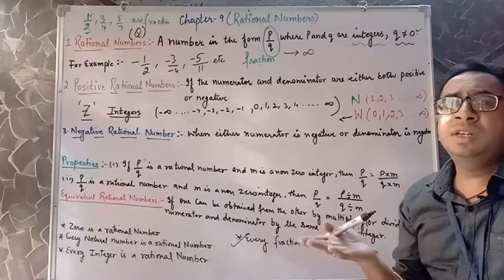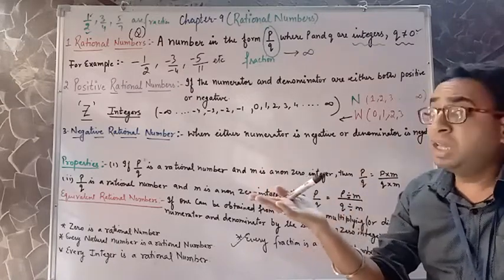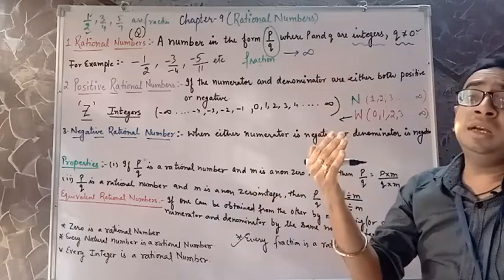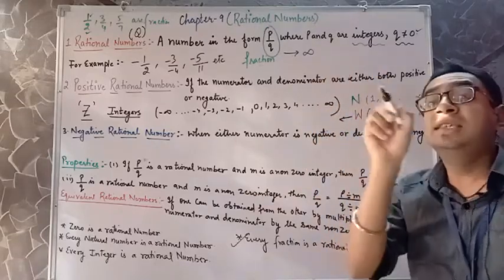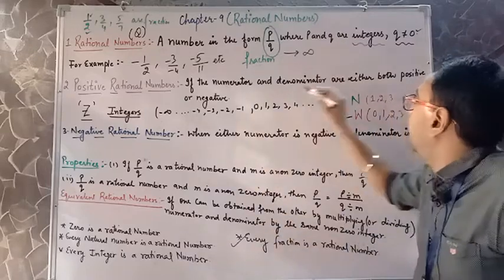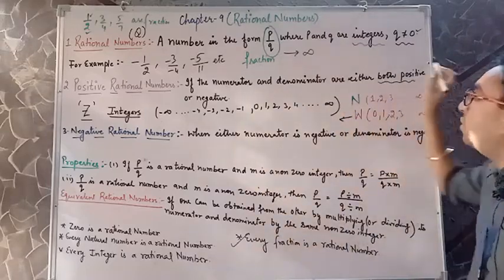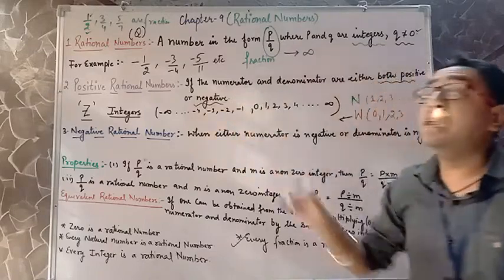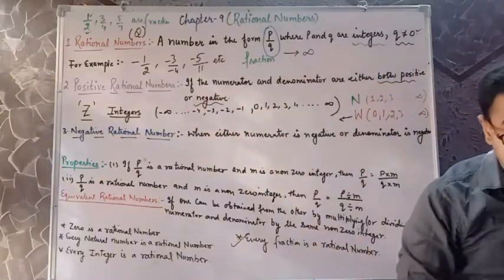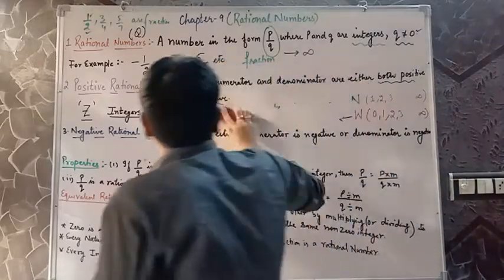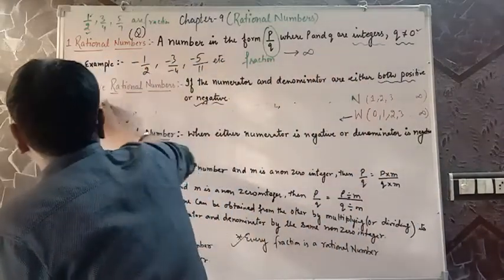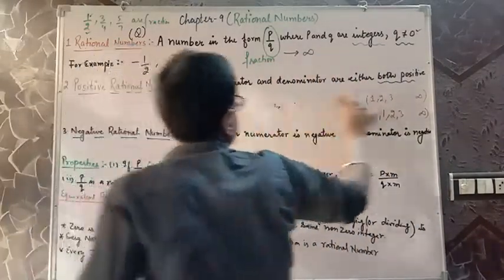What do you mean by positive? Positive in nature means numerator and denominator must have, very good, I know you are giving me the answer, same sign. Same sign here means either both are positive or both are negative. Why? I'll tell you why we have the condition that both must be positive or both must be negative. This is a very important condition, do remember.